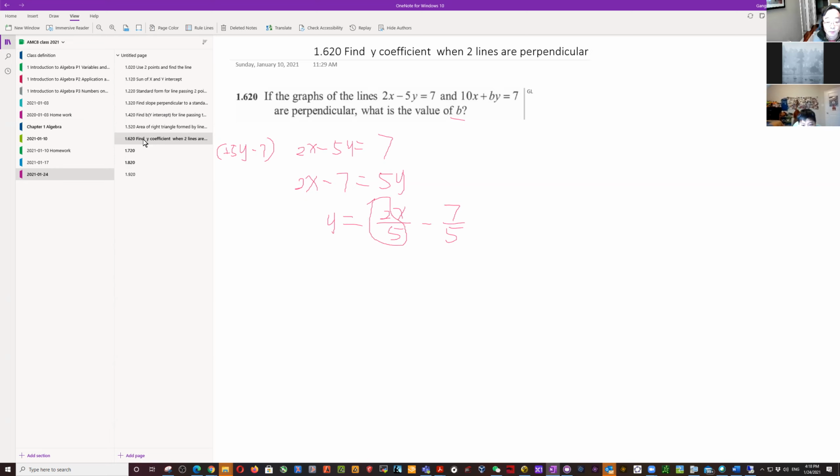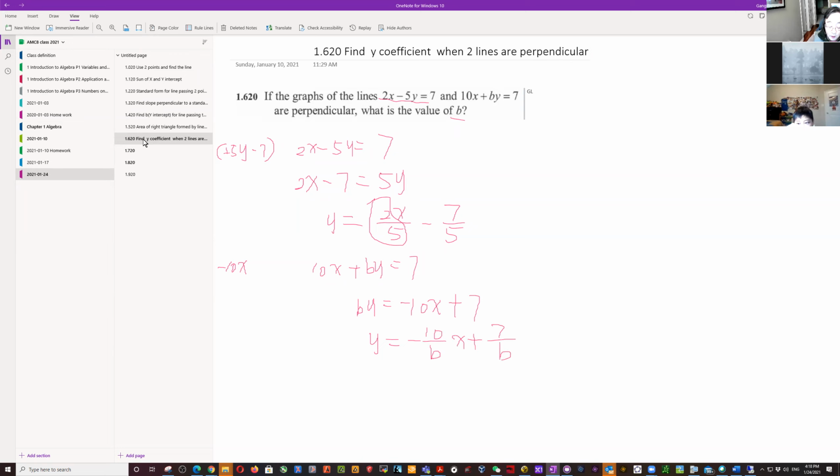This is for the first equation. For the second equation, we're also going to solve for y. So 10x plus by equals 7. What we're going to do is subtract 10x on both sides to move x to the other side. Then we get by equals negative 10x plus 7. And y is going to be, we divide by b on both sides, we get negative 10 over b x plus